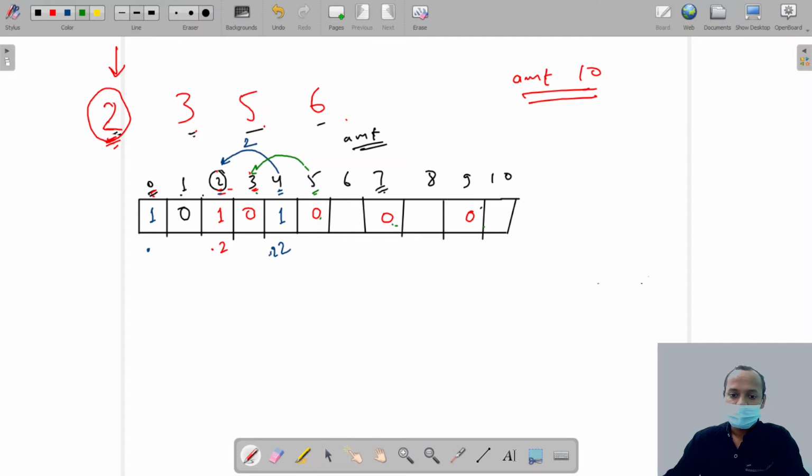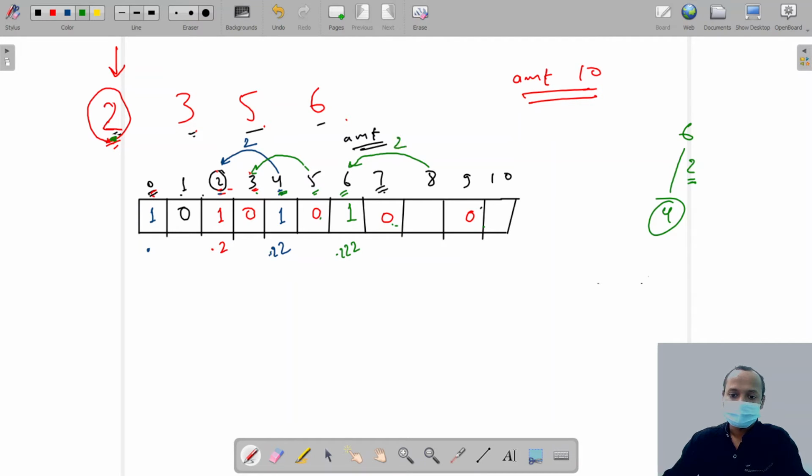Okay, now if we are talking about this 6. Okay, so if we are using 2 rupees, so we are only using 2 rupees now. So if you are using 2, the amount left is 4, and we see, is there any way to pay 4 rupees? Yes, there is one way, that is 0.22. I'm writing here 0.22, and we are using 2 rupees coin, so there is a way to pay 6 rupees by using this, that is 0.222. I'm writing 1.